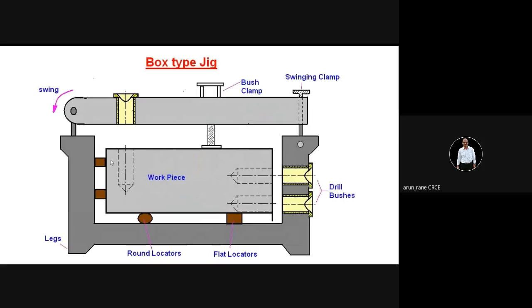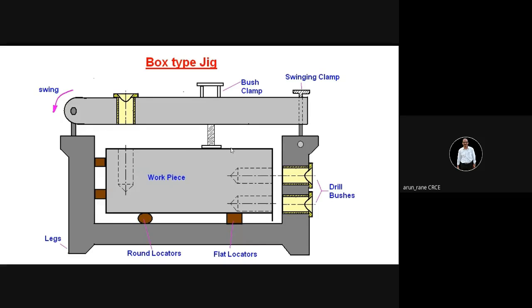I request all of you to study this properly. How the mounting is. This is your workpiece. How many holes are drilled here? In a jig you also have to see how the mounting should be, that is, how the workpiece is located. That is most important. Which reference is taken for workpiece location. Then what is the arrangement for chip removal, and how to load, clamp and unload the component.